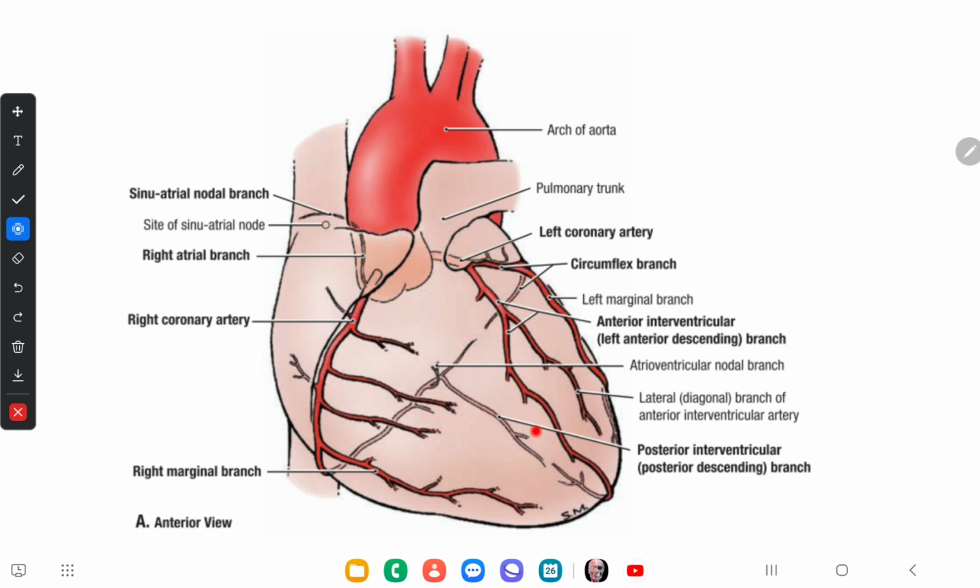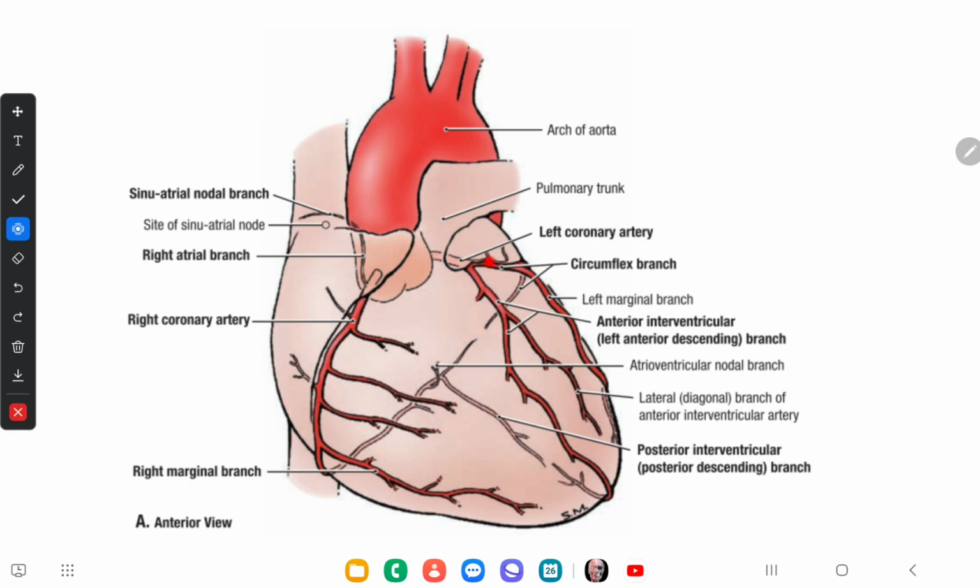And then there is one major branch arising from the anterior interventricular branch, which is called the lateral branch of the anterior interventricular artery, or left diagonal branch. This diagonal branch arises directly from the trunk of the left coronary artery. Sometimes it can arise directly from the left coronary artery as well. Then there are small conus